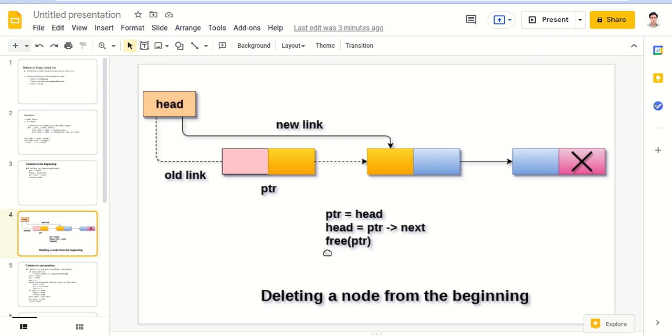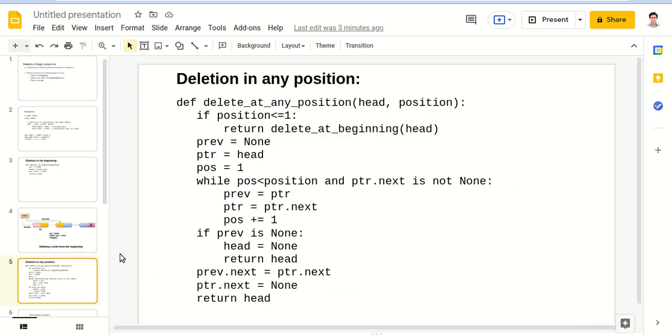This is C code, but in Python we'll simply do ptr dot next equal to none. If we do ptr dot next equal to none, by garbage collection it will be deleted from memory.